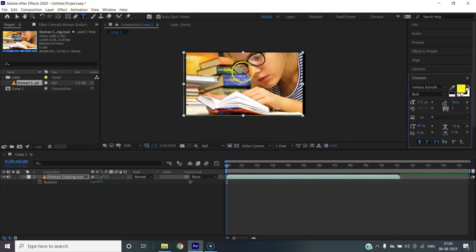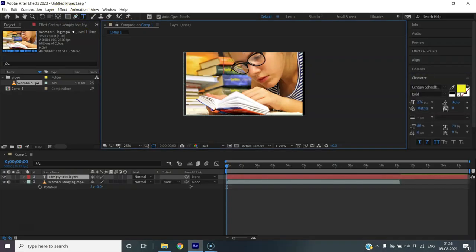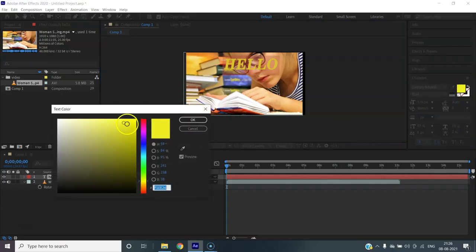Next is the text tool. This is used to place text in our footage or above our footage. Let's say hello. So you can see I have typed hello. If I want to change the color of the text, I can go through here and change the color. Blue, red, pink, and